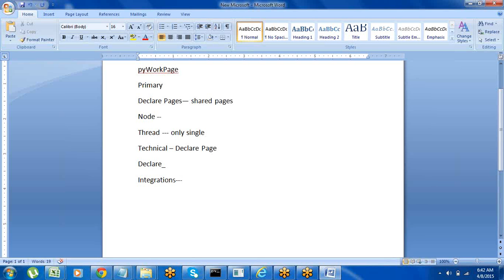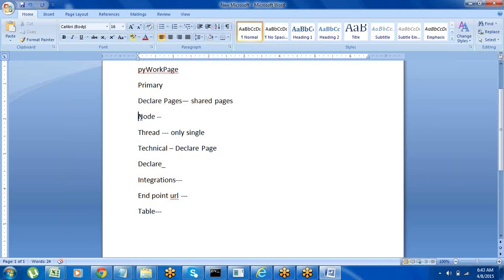There will be some endpoint URLs. Whenever we are working on SOAP services, connector services or any other web services, we have some endpoint URLs. In order to share those endpoint URLs throughout the application, they will create a table and access it globally using the thread level pages, sorry, node level pages. So they will access that particular record, and all the URLs they will access through the